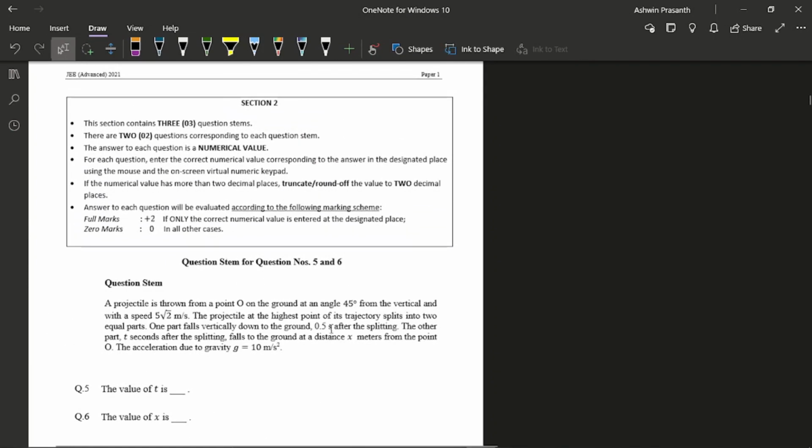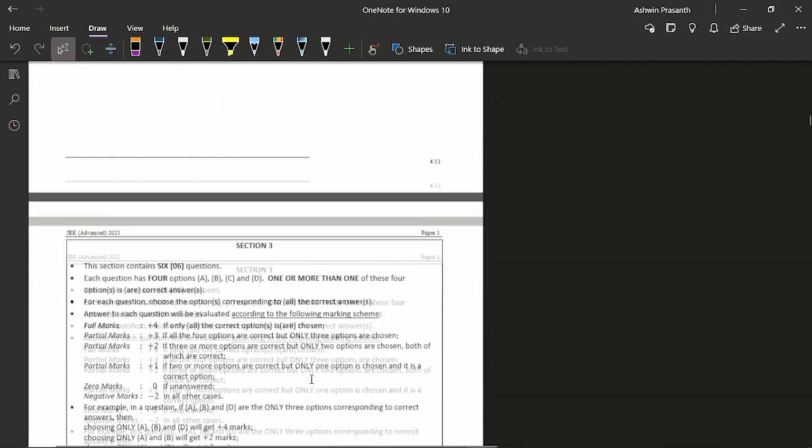And then this was the next question. Very easy question, very standard question, but still somewhere I made a calculation mistake, because of which I got t wrong, but I got x right. So I made some mistake somewhere. I'm not sure. So you should be very careful, especially in the easy questions, which I wasn't careful. So I lost marks here. Anyways, that was the end of section 2. I moved on to section 4 then.